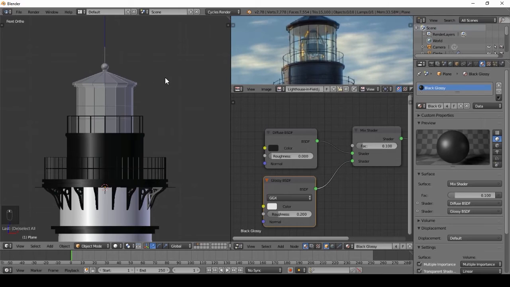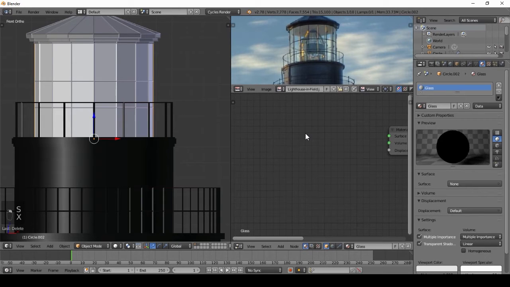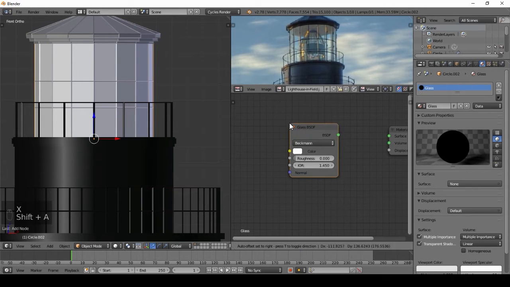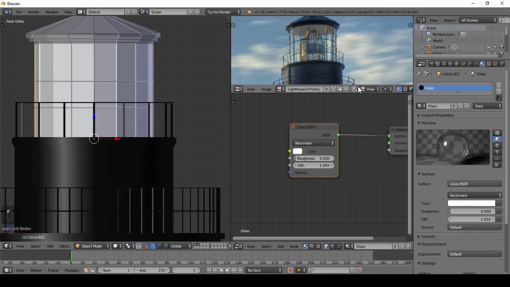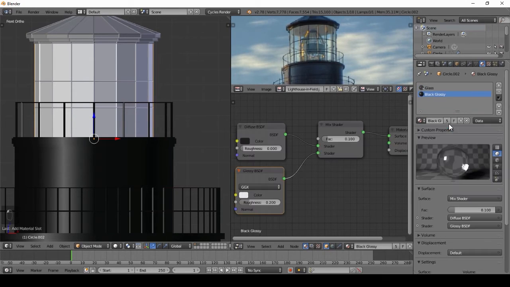Alright, now let's work on the glass material. So right click on this one and click new. I'm gonna call this glass, and this is pretty easy. Just add in a glass shader right there and then plug this in. Very simple. Then click the little plus sign, click this drop down menu and click black glossy, and you'll know